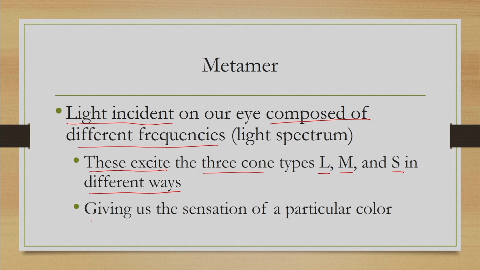Now, that in turn gives us the sensation of a particular color. So, all three cone types get excited due to the presence of corresponding frequencies, and this excitation is different for different incident light, and accordingly we get to see different colors.